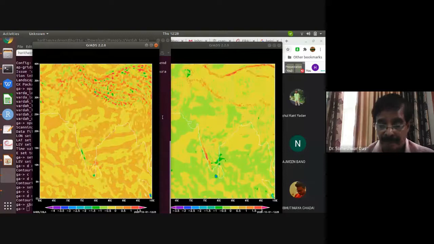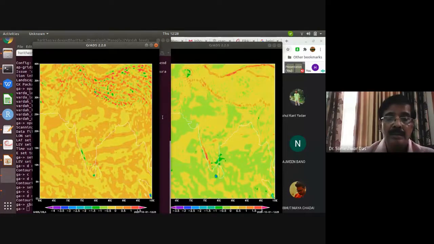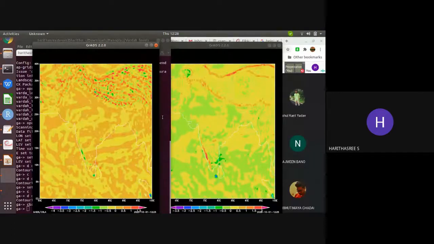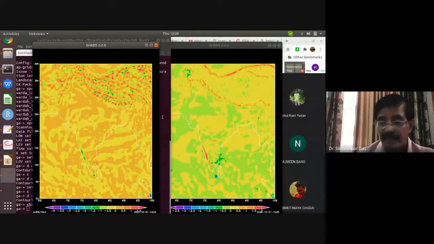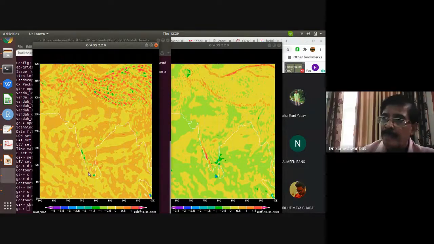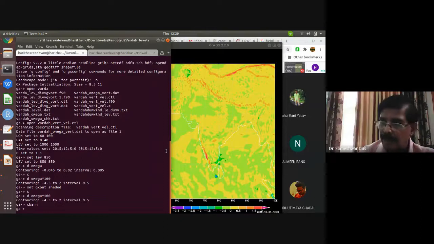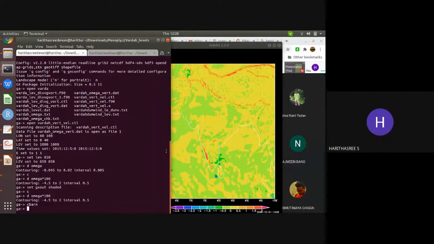Sir, without initializing the first level to 0, I'm getting a closer, more similar plot. Without initializing means without giving, in the first level, it is not 0. Then here and here, I'm getting a similar plot. But how much are you giving as the value at the first level?